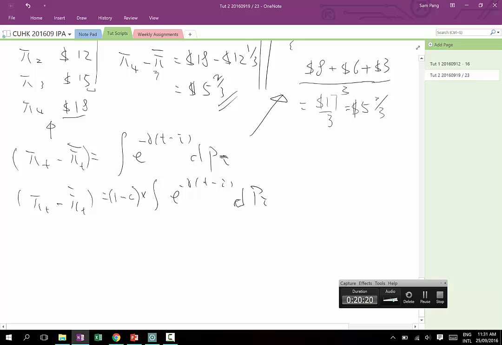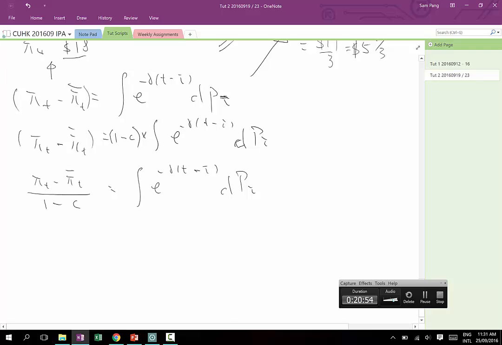What if there is some value of c out there? Now you see what I'm getting at in a moment, because if there really is a little c that we should think about, then you just take that 1 minus c to the other side. So (pi t minus pi t bar) divided by 1 minus c is equal to the integral on the right hand side, e to the minus lambda (t minus tau) dp tau. And when you have that,